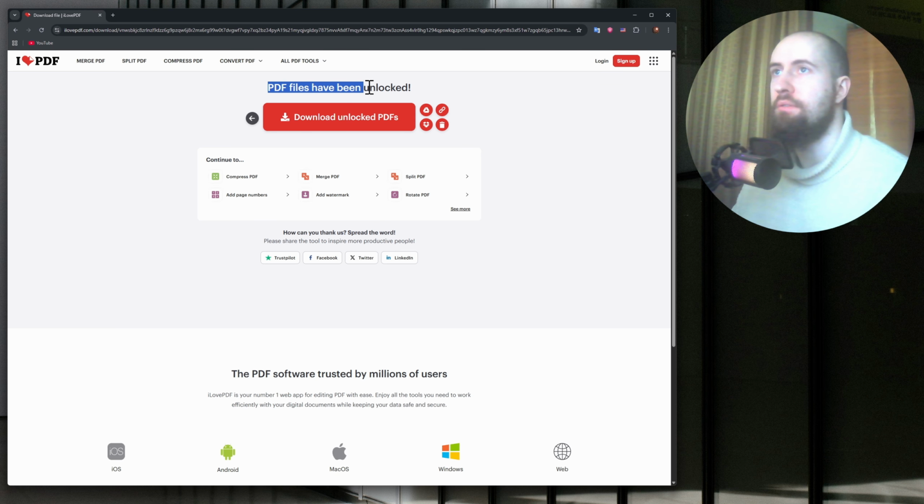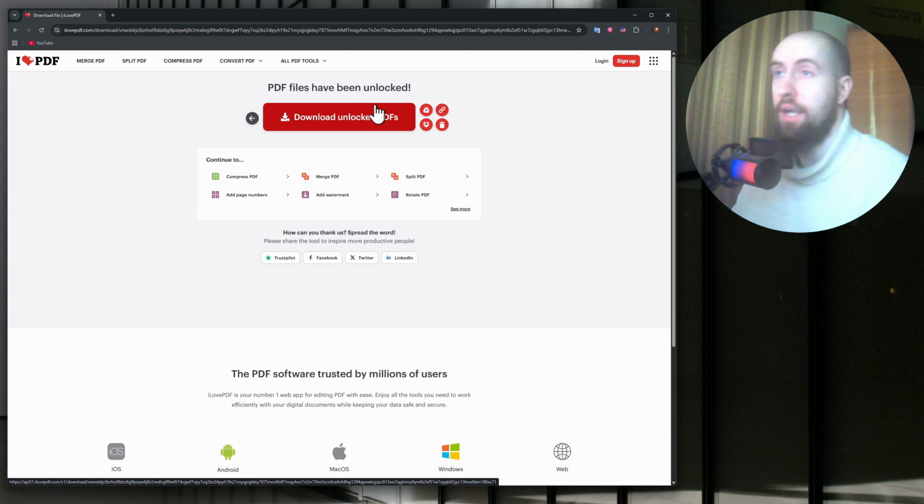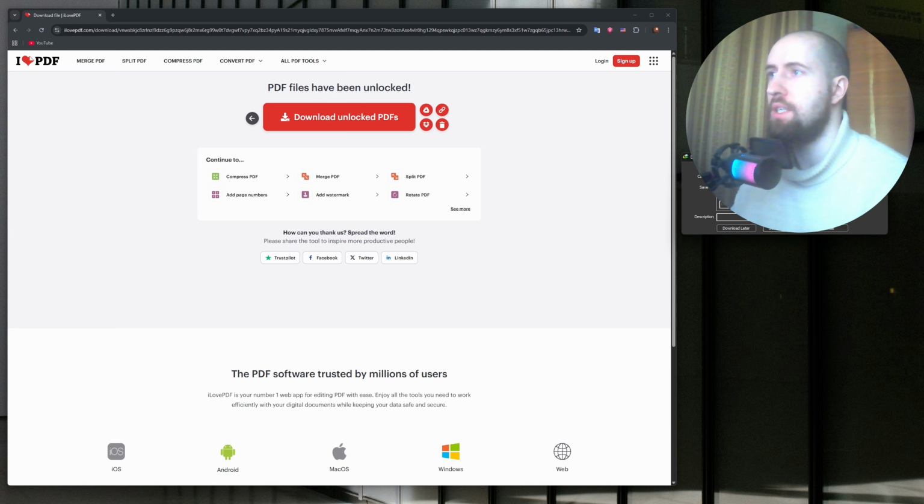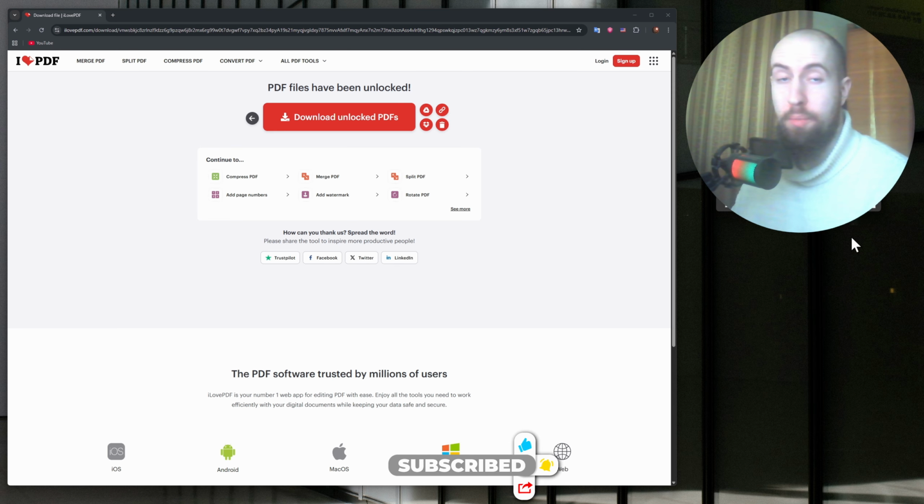As you can see, PDF files have been unlocked, and now you just download it to your computer like nothing happened, just like that, and then save it to your PC anywhere you like. Alright, so this is my file. As you can see, I'm just using an external downloader. So start download, and as you can see now, our file is downloaded, and your PDF file is easy to open now, and no